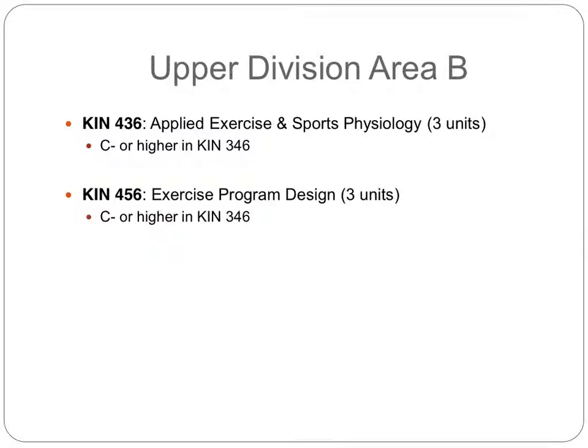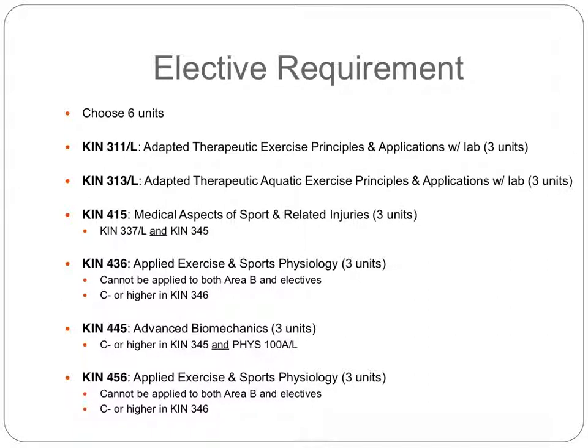For upper division area B, students can choose between Kinesiology 436 or Kinesiology 456. The prerequisite for either of these courses is a C- or higher in Kinesiology 346. For the elective requirement, applied fitness students need to choose 6 units from the following courses: